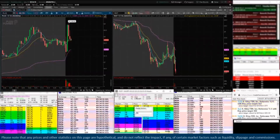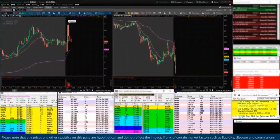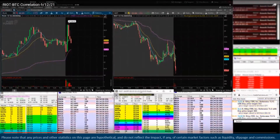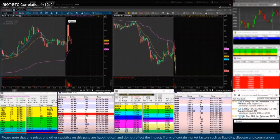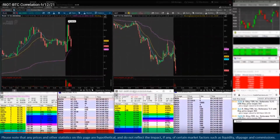So heading even lower, and as we're going, just covering on the way down here. And actually, I end up keeping on too much of this trade. I don't have much left. I started with, well, I'm down to almost 20% of my original position, which I'm happy with. I think by this point in the trade, that's the right idea. But I end up holding on to a little bit of it too long,